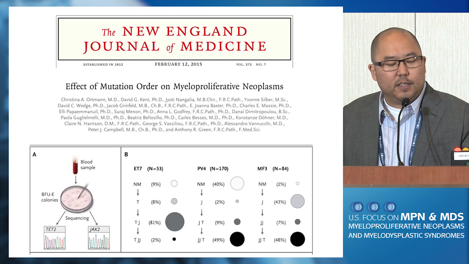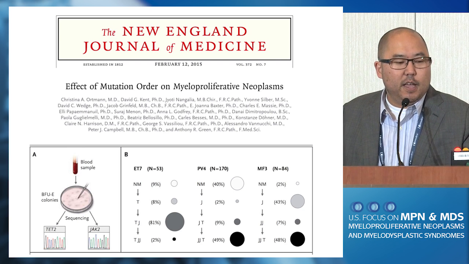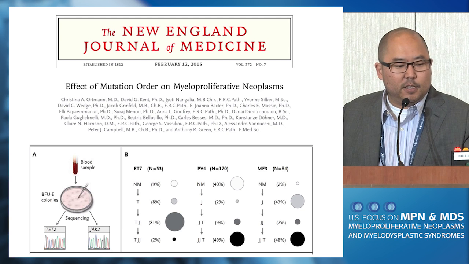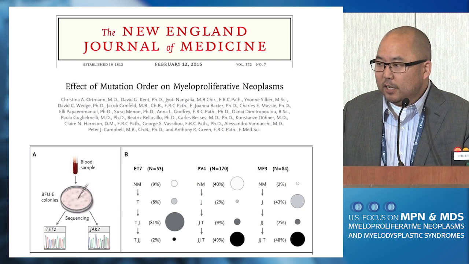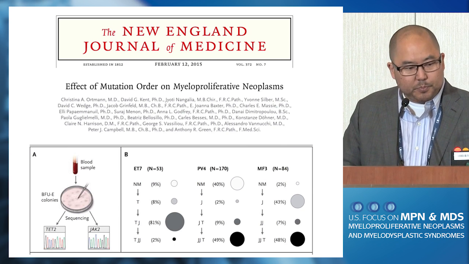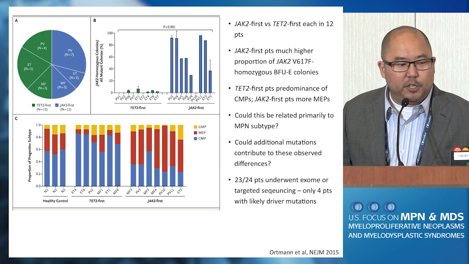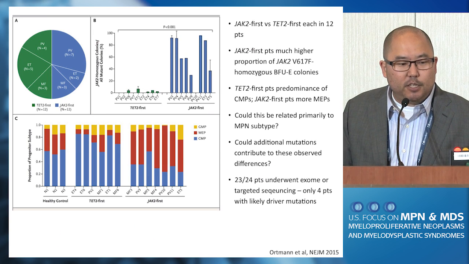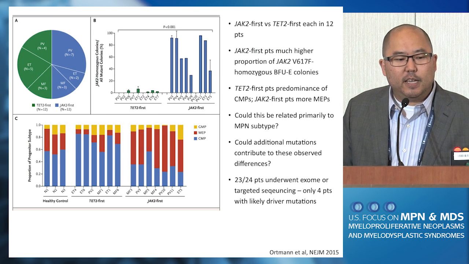TET2 acquired first, which was defined because they could identify colonies that only had the TET2 mutation. So by inference, the TET2 mutation was acquired first, versus patients who had JAK2 only in some colonies, and therefore the JAK2 mutation was acquired first. They then looked at that in more detail, first with a group of patients, 12 in each group, who were either JAK2 first or TET2 first, and they found that those that were JAK2 first had a higher